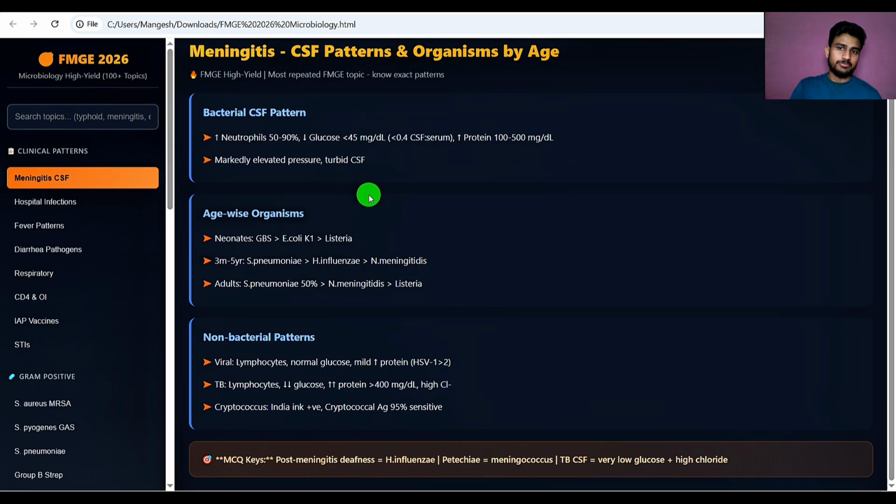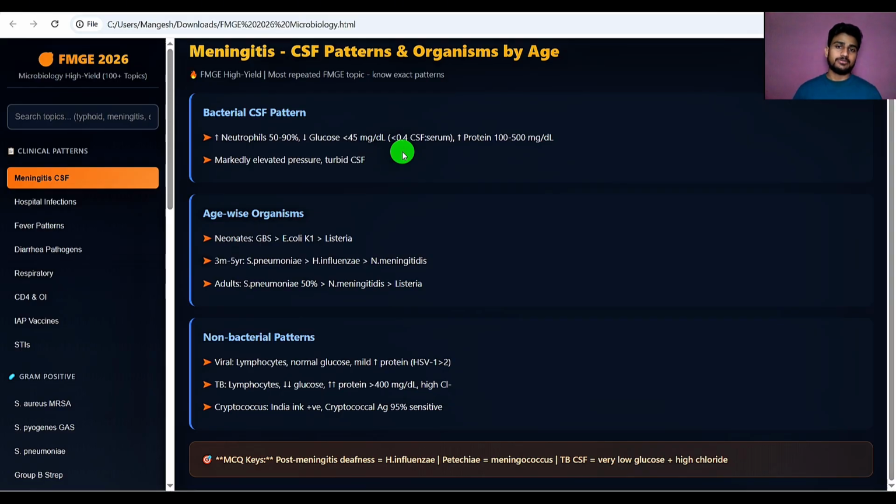So let's start with meningitis. The first thing that I want to tell you is CSF patterns and the organisms by age as well. So the first thing is bacterial CSF pattern. In bacteria, like we all know, bacteria likes glucose, so it will consume glucose. So glucose in CSF will get reduced, so it is less than 4.5 grams per deciliter or 45 milligrams per deciliter. And the protein is increased because it doesn't consume protein. Protein is elevated, and neutrophils are also elevated. So you have to remember what is elevated and what is decreased and what remains the same. So that is how you will be able to tell if it is a bacterial meningitis, viral meningitis, or